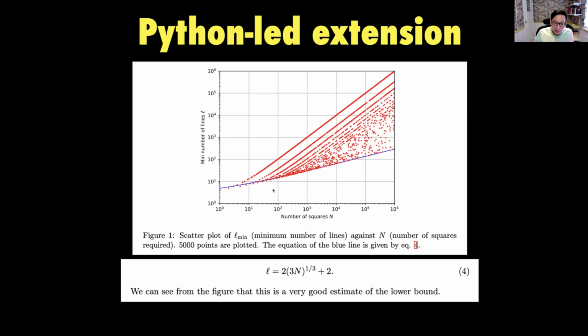Maybe when you just write code to do this, you don't expect this blue line. When I did it anyway, I didn't think about this approximation. But when I plotted it, I thought, okay, there's a lot of things to unpack here. And the lower bound was very apparent. Then you look at the equation again and you see where the lower bound is coming from. You can talk about the upper bound too. So it's a lovely way to do what I call Python-led extension, Python-led